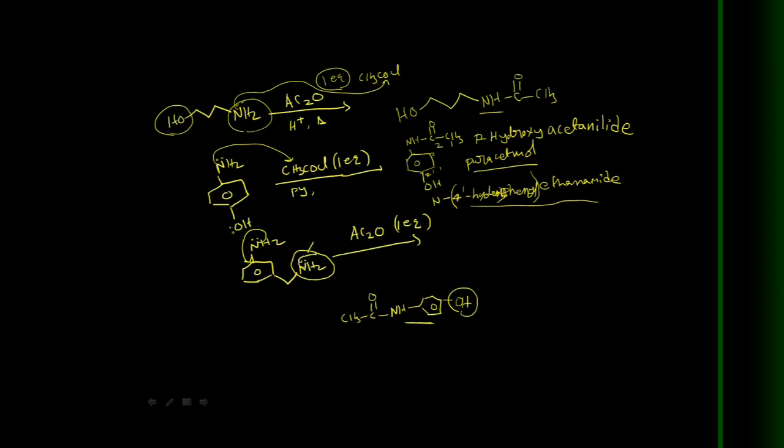This one readily attacks the acetic anhydride, that means the electrophilic carbon of the CO. So this NH2 group is involved in acylation. That means this NH2 and here CH2 NHCOCH3, that's it. Because the electrons are engaged in resonance on the other nitrogen, this NH2 is more nucleophilic, so acylation takes place on this one.